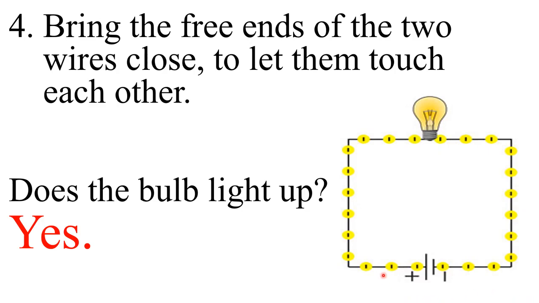Let's check again. With the help of the circuit diagram, we can see that the cell and bulb are connected with the help of connecting wires, and the two metallic clips are also joined, resulting in the completion of a circuit. And now the charge can flow through the connecting wires, and we can observe that this results in glowing of the bulb.